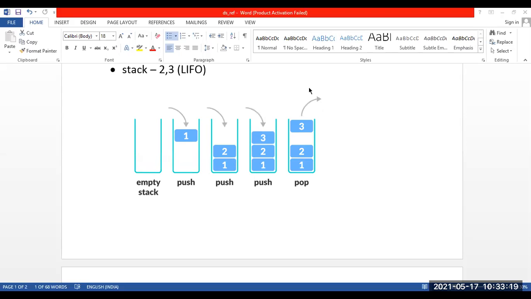So now 3 students are there here. In random order, they can't go. I can't say Prajwal will go in first. I told you the order, the sequence I have told you. The sequence is Achal. So when I say push, Achal gets inside the class. Next time when I say push, who is going to get inside the class? It is going to be Anandita. Third time when I say push, Prajwal will enter the class. So now our push operation, that is insertion of data elements or information into the stack, is over. So our classroom contains 3 students: Achal, first girl, second Anandita, and third is Prajwal. This much is understood?